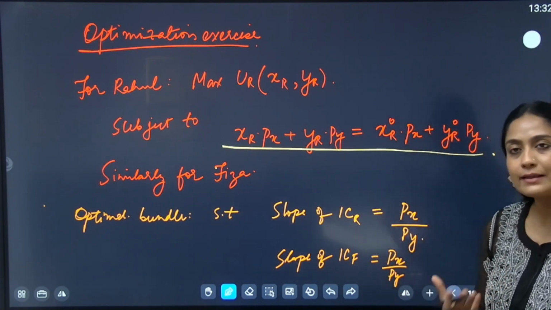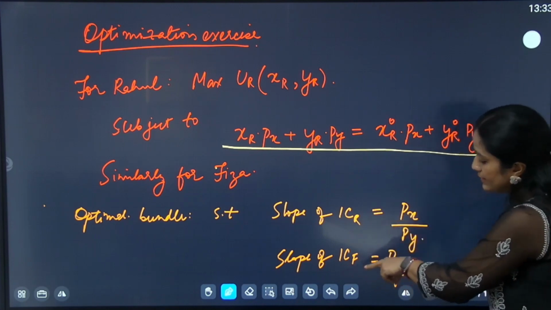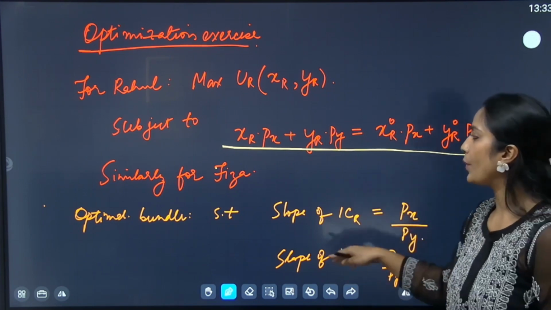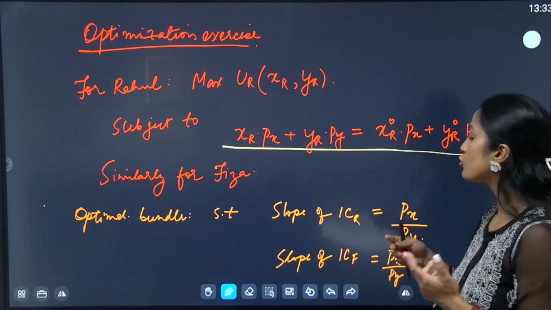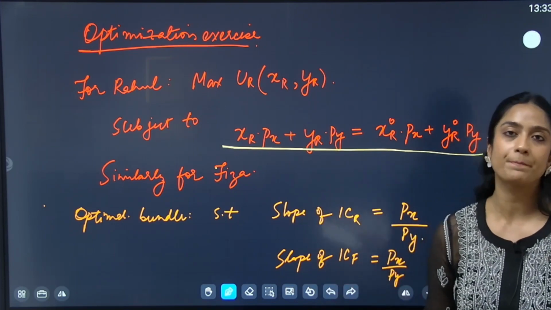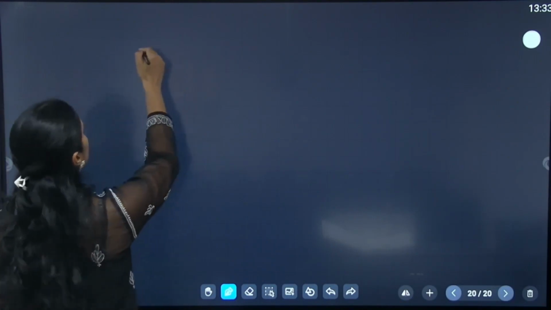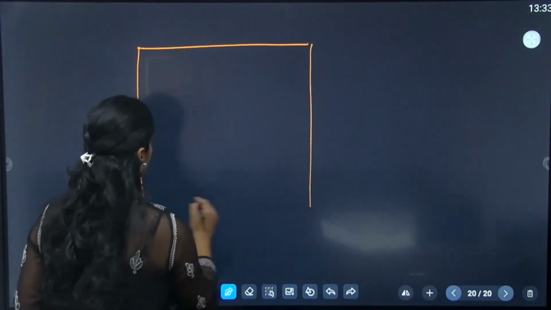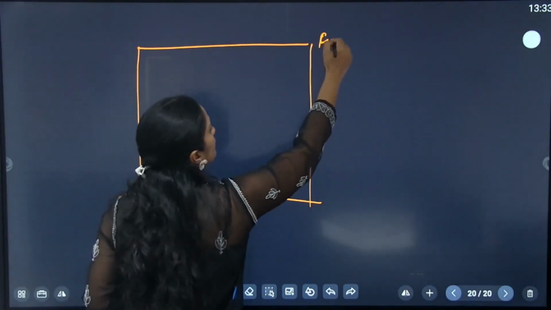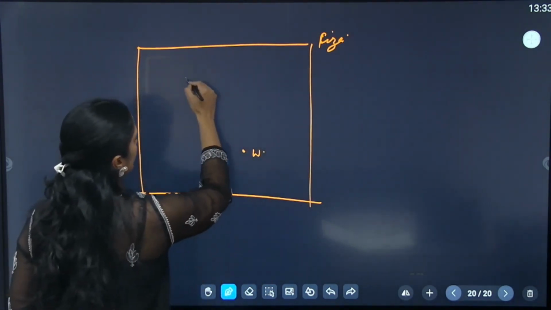Okay. So one thing that is clear out of this: if the slope of this IC is equal to this, and the slope of this IC is also equal to this, that means the slope of these two ICs will be the same at the point where they choose their optimal bundles. So one of the possible allocations could be something like this. Again, the Edgeworth box. Suppose this is the initial bundle, and this is your price line,